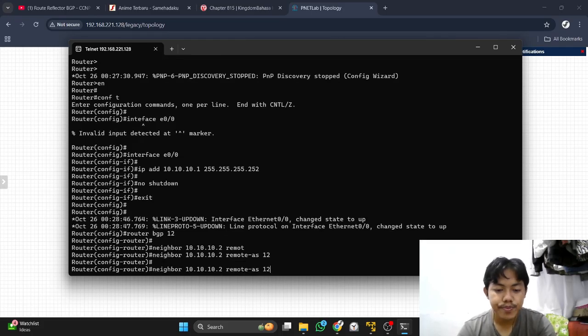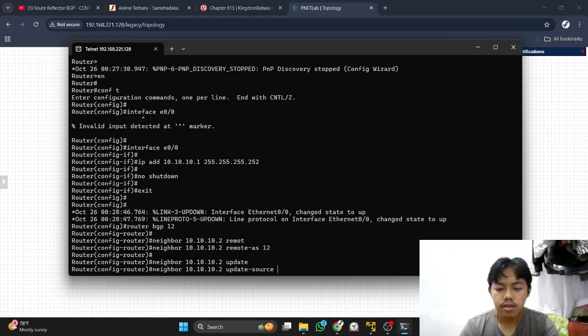And then we set the update source, and the interface.